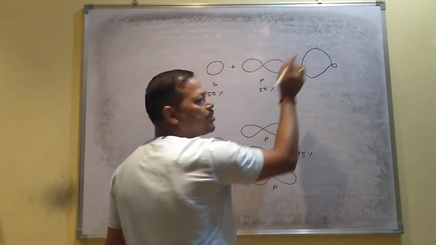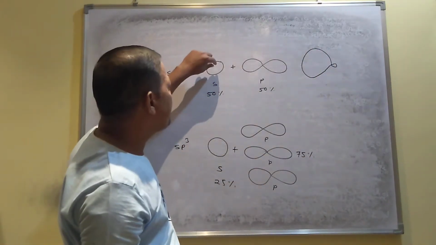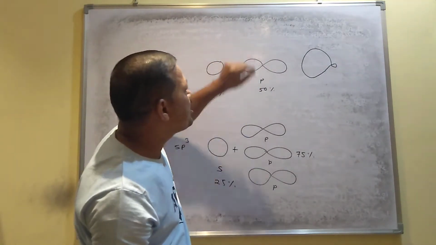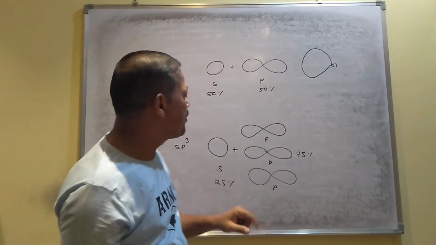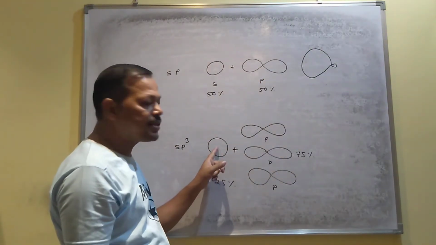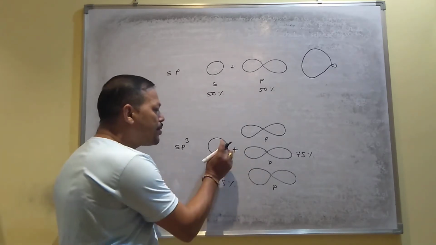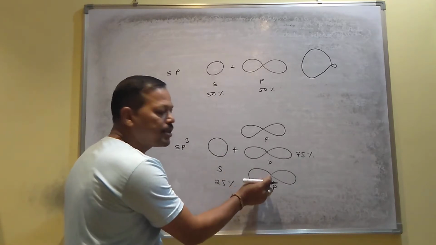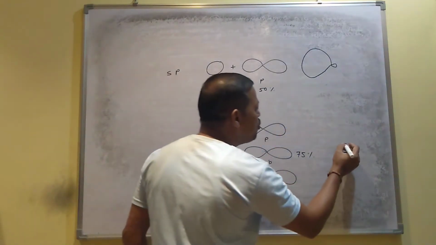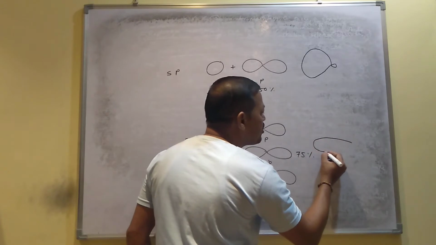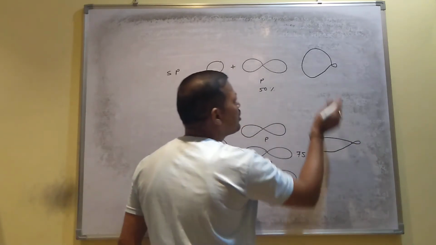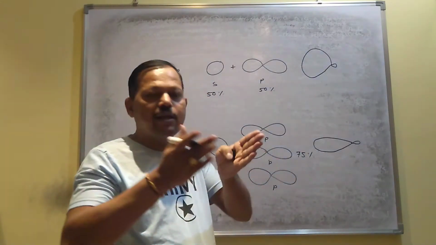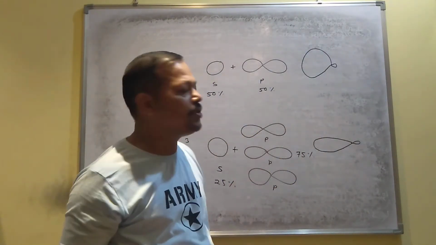The lobe is very large, because one s, one sphere, is completely entered inside this p, that's why the lobe is very large. But in this case, one s is mixed with three p, so some percentage of s is mixed with this one, some percentage with this, some percentage with this. That is why here the lobe is not so large, but it is longer. This is shorter, this is longer, and based on that you will get the length of the bond, you will get the energy of the bond.